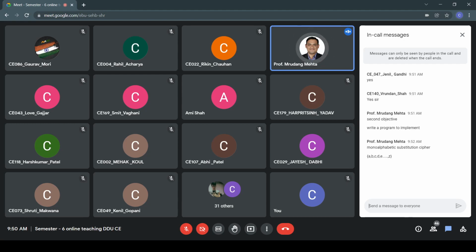In additive cipher, what you used to do is take the set A, B, C, D, E, F, G up to Z, and compare it with values 0 to 25. Now what you can do, let me write and share with you.